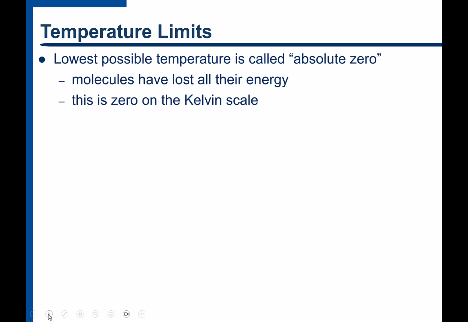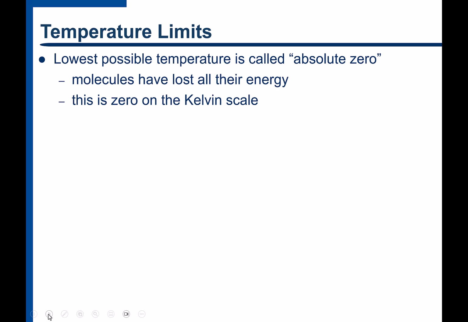So you can imagine the lower the temperature, the less kinetic energy the atoms and molecules have. And so you can imagine that there is a point where you remove all of the energy. That would be the lowest possible temperature, and that's what we call absolute zero. And that's how we set the Kelvin scale. So 0 degrees Kelvin is